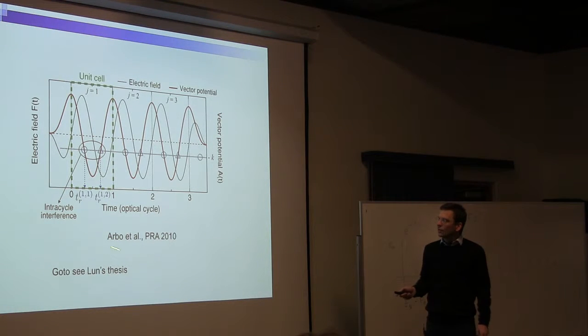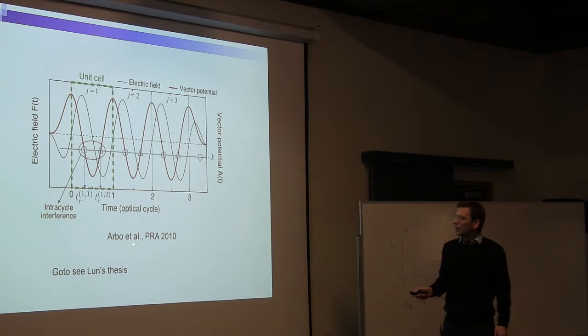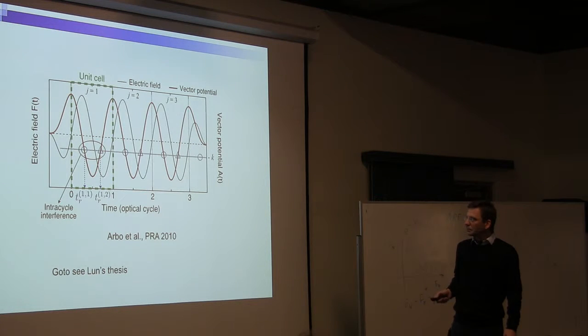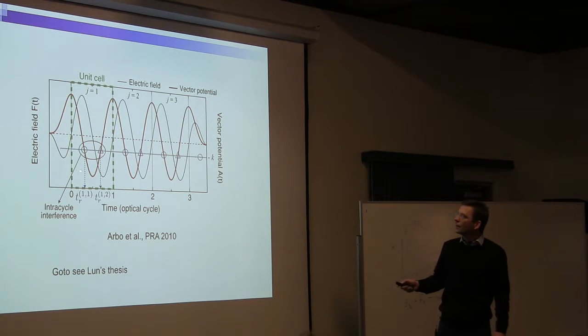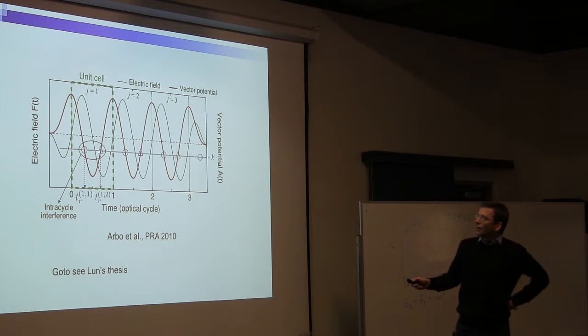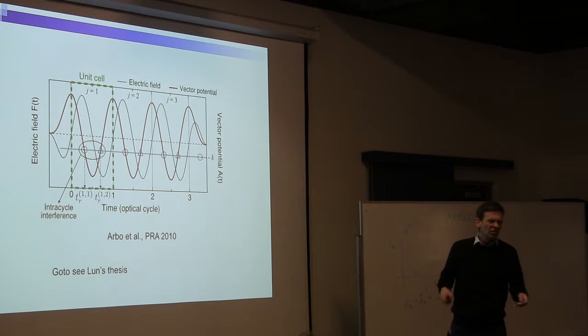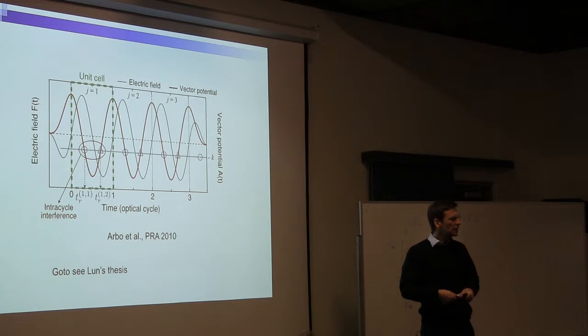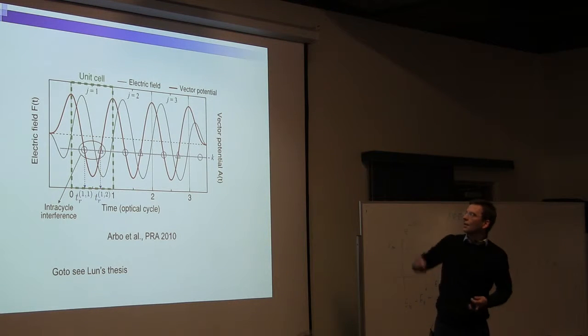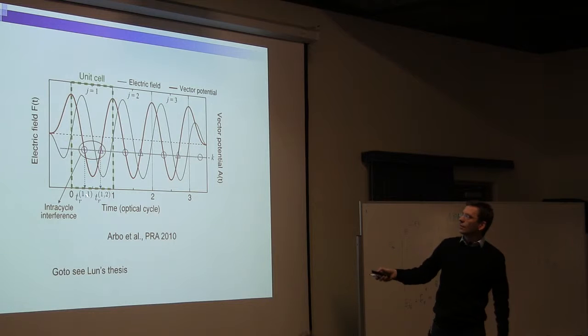...mind, was published in the case of atoms by Aarhus and others in 2010. And they have in their paper this figure here, where the red curve is the vector potential and the black curve is the electric field. Let's look at this part here, where ionization from this instant of time and from this instant of time will give the same final vector potential. This is what Buxbaum talked about yesterday. We have two events in this part of the cycle,